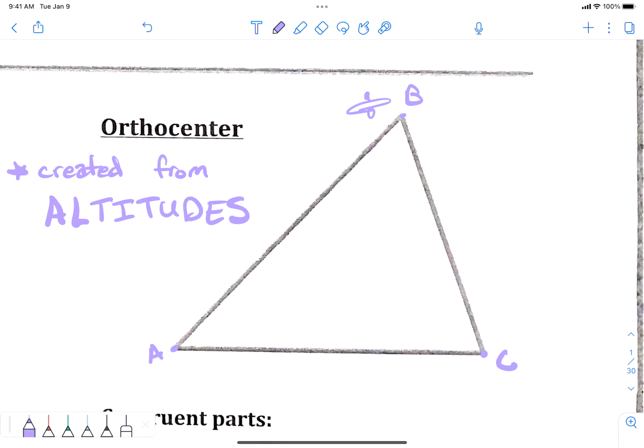Perpendicular to the ground. That's what an altitude does: an altitude measures straight down, and it has to make a 90-degree angle. I'm going to do my best to do that. There's my 90-degree angle, straight down. That is what's called an altitude. An altitude is straight down. You can use your note card to do that. If you put the note card in the corner there, or line it up, you will get it